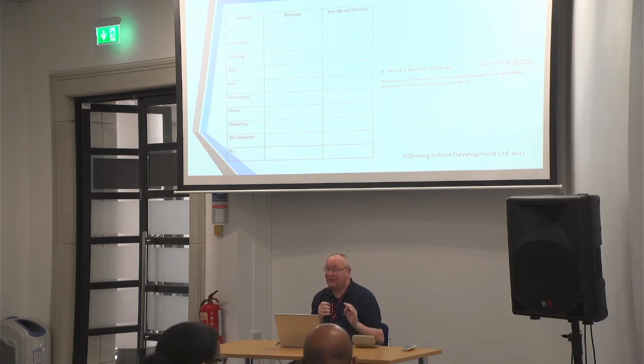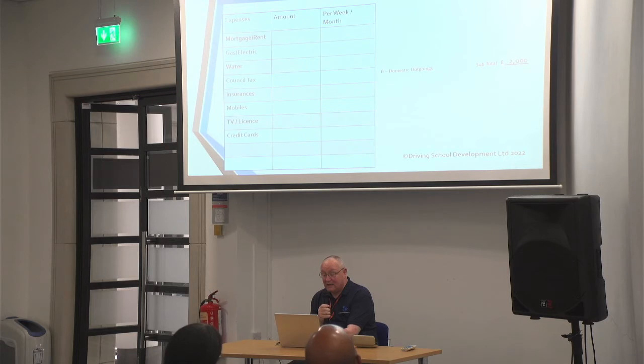This is going to help you when the tax man comes a knocking and you've got to pay, or if you have an unexpected large expense come through. I was speaking to someone just before I came in here today who had just had a £5,000 bill for replacing his gearbox. So yeah, we don't like those kind of surprises. Let's make sure we have some input aside for a rainy day. So there's the domestic outgoings. That is subtotal